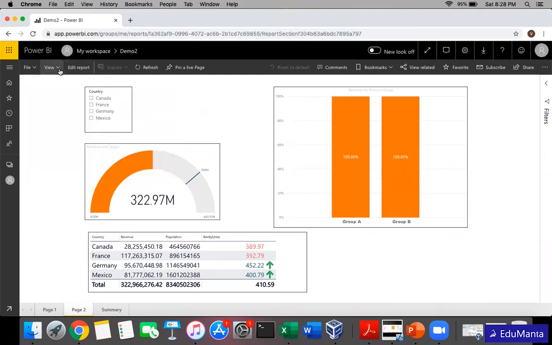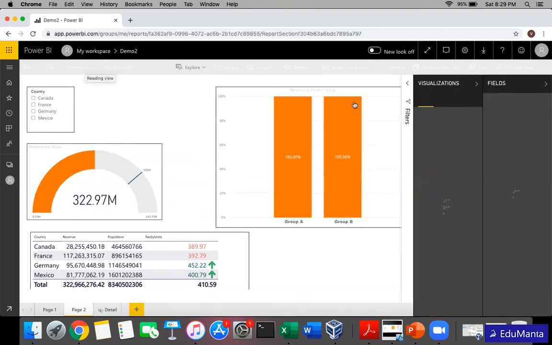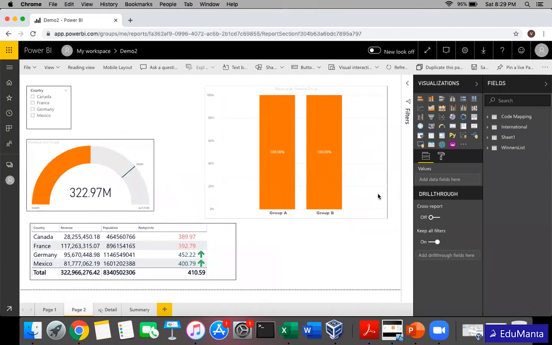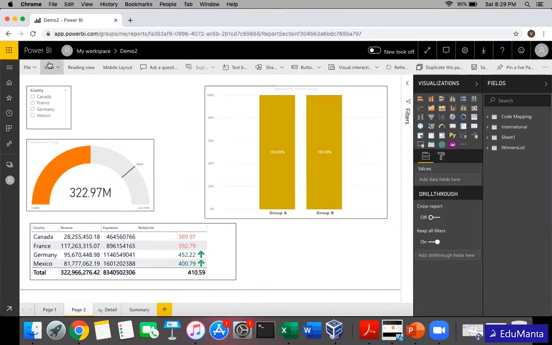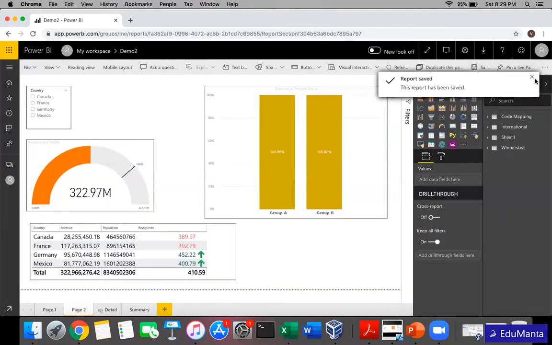Even as I told you, Power BI Desktop we use when we have to connect to datasets and do some data modeling features which are not easily available here, but I can edit the report if I want to do visual changes and everything. That is available in cloud as well. Go to edit report, and here I can change, suppose I want to just change the color of this one. Once it's done, save the report. Saved.